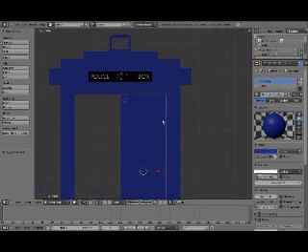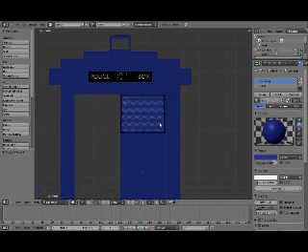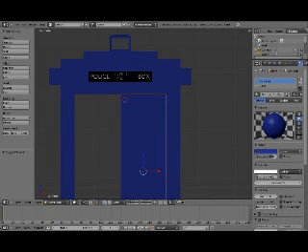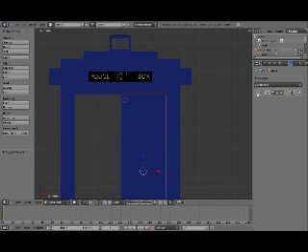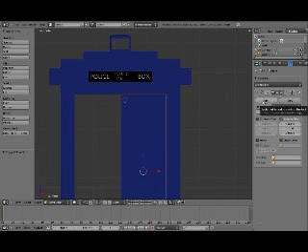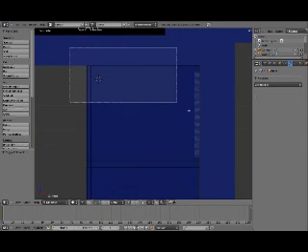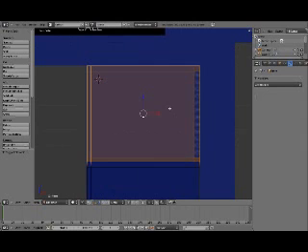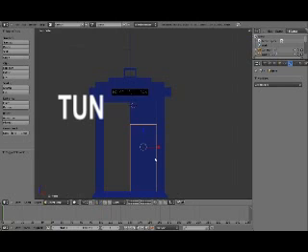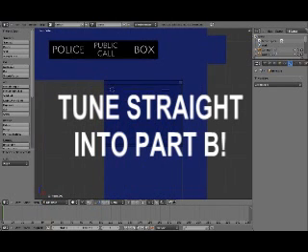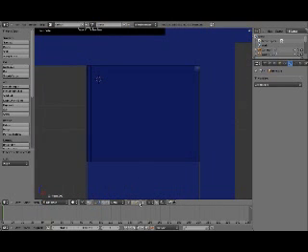Now, this top window here, I'm going to press P and then selection, and that's going to separate that top window from all the others. Right, now what I want to do now is add that